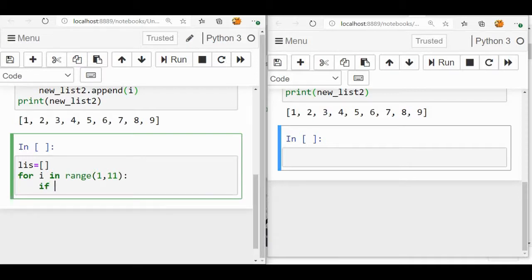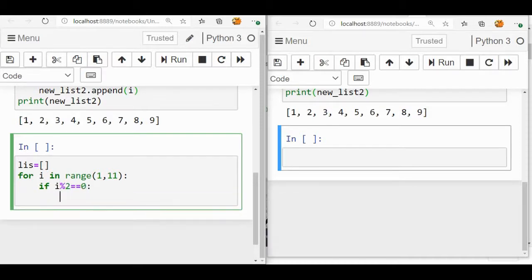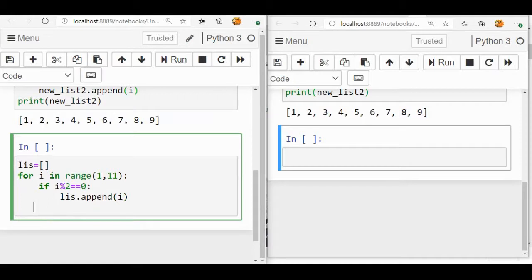So if i mod 2 equal to 0, which means if the number is divisible by 2, that is an even number. So I'm just taking the condition. Now if this condition is true, we have to append it in the list. So this is how the for loop works to print the even numbers.